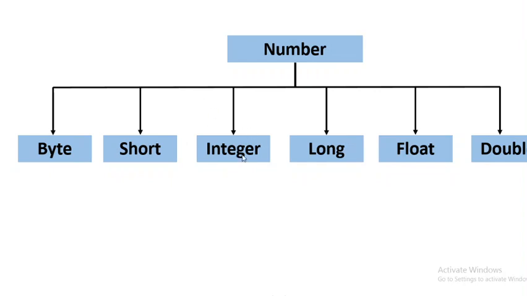The clear difference is in Integer. We use the complete name Integer for the wrapper class, whereas for the primitive we use only int, where i is also small. So these are all the wrapper classes that come under the number category. First we will see these wrapper classes, then we will move to character. The Character wrapper class is used for the char data type, and Boolean with capital B is the wrapper class for the boolean primitive data type. That we will see on the slide also.